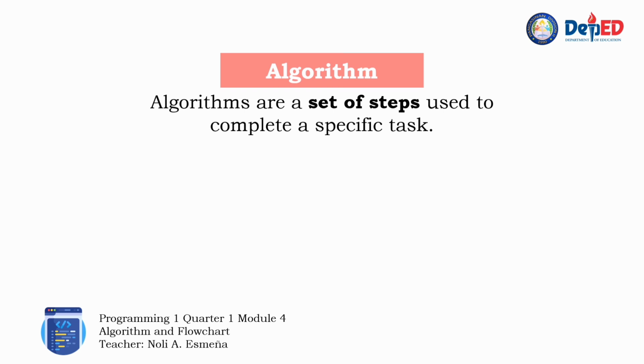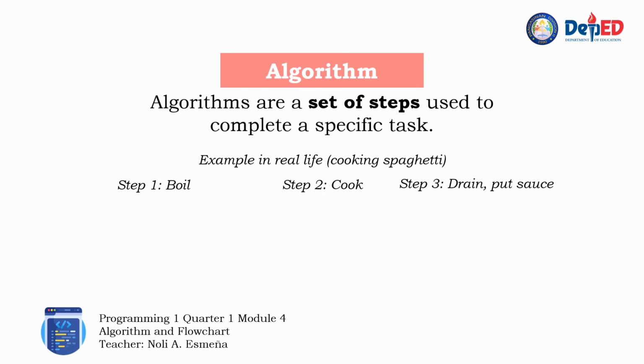Algorithms are a set of steps used to complete a specific task. Algorithms help computers, websites, smartphones, and others to function well and to make decisions. But in addition to being used by technology, a lot of things we do in real life are similar to algorithms. Let's say you want to make some spaghetti. In order to do this successfully, there are certain steps you need to follow in particular order.